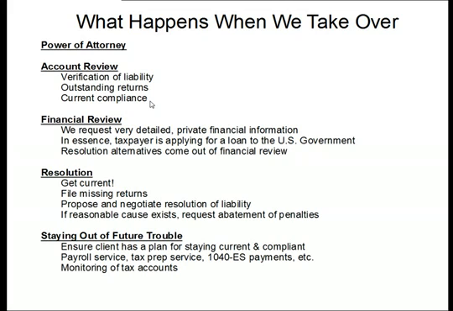So the interesting thing about the financial review from my perspective as an enrolled agent is the financial review is where the resolution options come out of. So if the tax attorney, the CPA, the enrolled agent that is negotiating on behalf of the taxpayer is looking at all this financial information, it will form a picture of what the taxpayer is eligible for in terms of IRS programs, and also what they can afford to do, period. Okay, so the financial review is where the resolution options come out of. And the next step's the resolution.